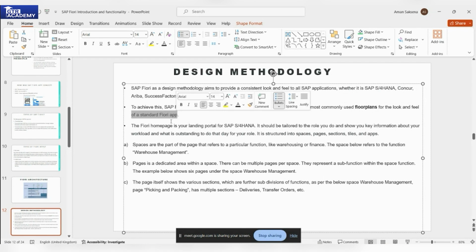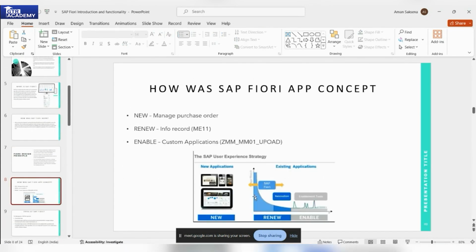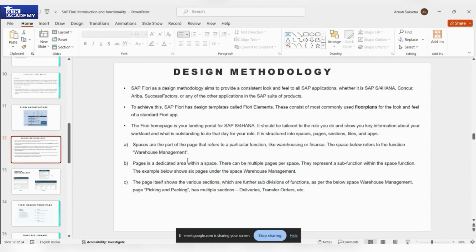However, if you have a custom app or custom development that is integrated in the SAP as an enabled app, then you use enabled tools. If you use enabled tools, then all these will have a different floor plan. So this is nothing but how your SAP screen will look and feel. Okay, so in Fiori,